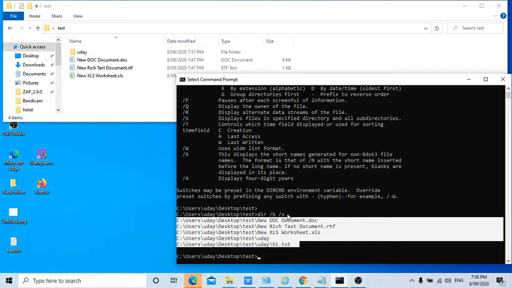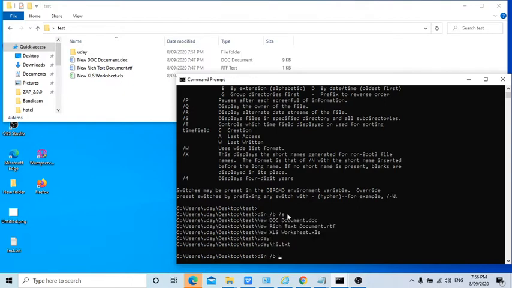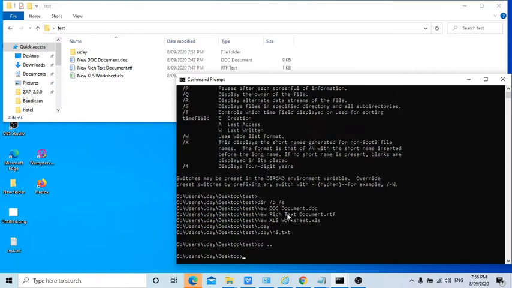If you want to search for a particular file, let's say you are on the desktop and you don't know in which subfolder you have put one particular file, you need to type dir star. I don't know the file name, I only know a little portion of the file name. It could be something like rich. Then I'll enter star again. That means whatever may be before and whatever may be after rich. So it is searching for any file name which contains the word rich. It is case sensitive, guys.